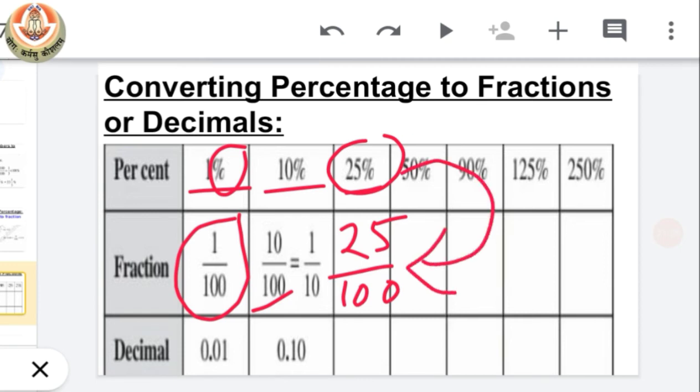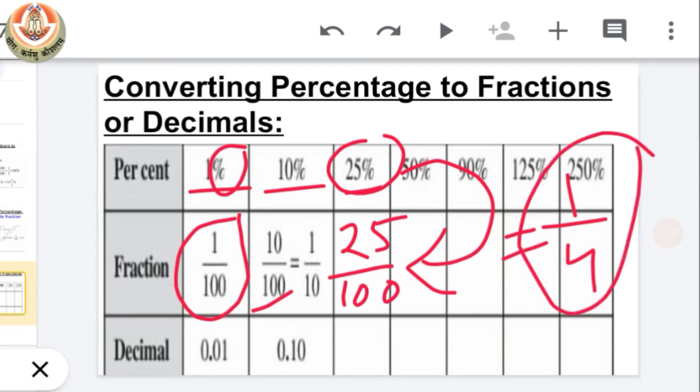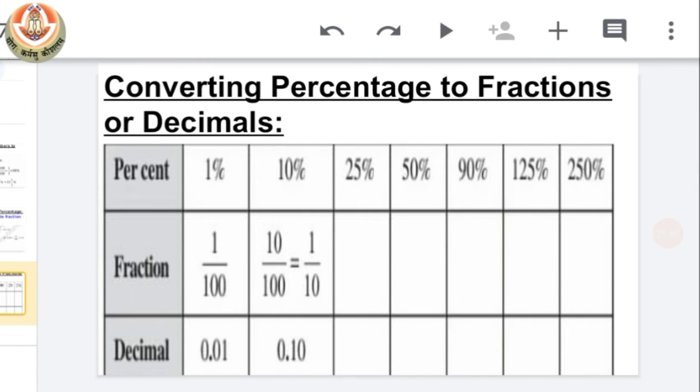Okay, similarly, now for converting it into decimal, we have the percent in the form of a fraction. Now we can easily convert it into decimal by just solving it. We all know that when we solve 25 by 100 we get 1 upon 4, and when we solve 1 upon 4, what will we get? We will get the answer 0.25. Okay, so now our further questions are based on the same thing.